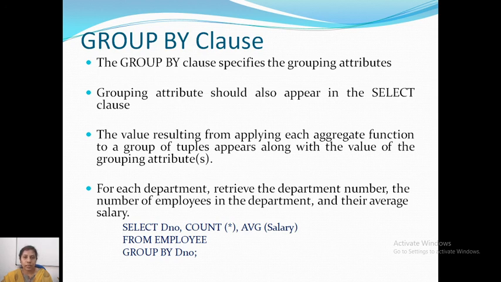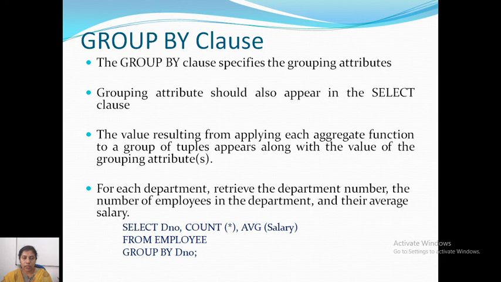That means you are grouping according to that attribute and performing some aggregation on that group. The value resulting from applying each aggregate function to a group of tuples appears along with the value of the grouping attributes. Say, for example, you want to find out for each department how many employees there are.